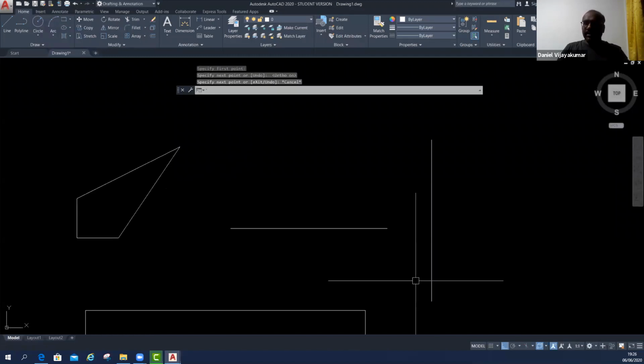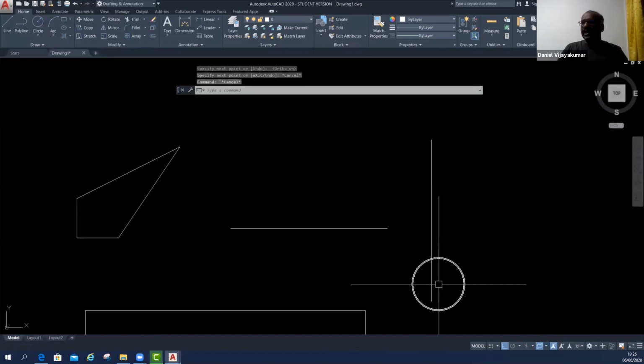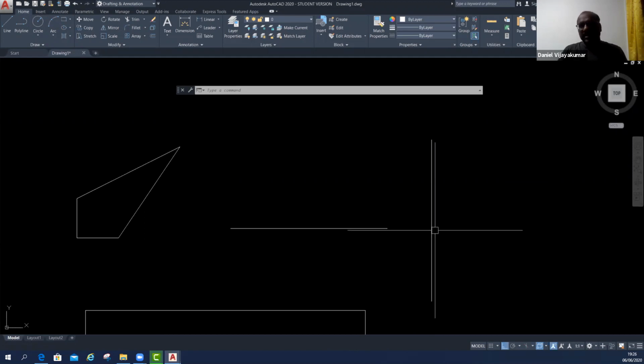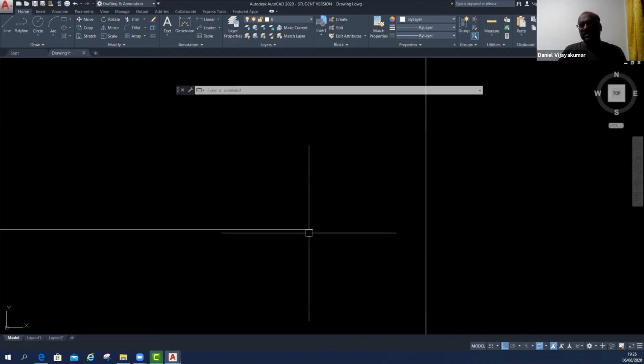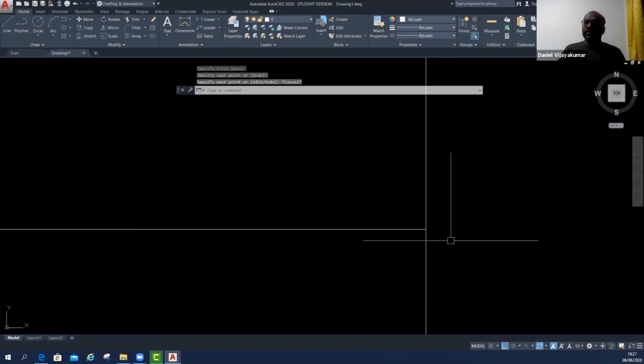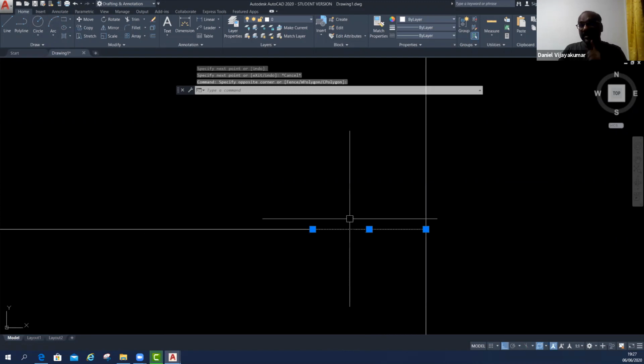See, this is my original line. There is another original line. If you want to extend this line to this line, exactly we don't know how long. Optionally you can do the line command, pick the edge point to here, then you can draw the line. This is one method, but this is an additional line.